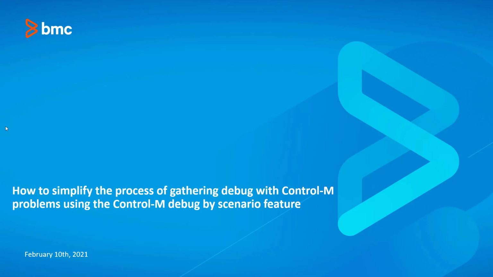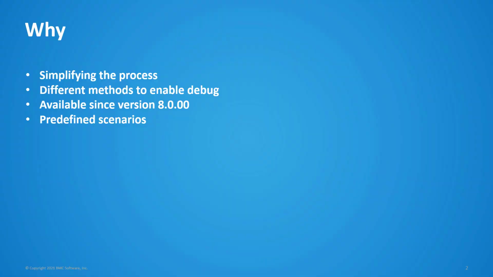In this video, we will review how to simplify the process of gathering debug information in certain scenarios. This will allow us to reduce the resolution time of problems by getting the right data just using the Control-M Configuration Manager in a very straightforward way. The objective of this feature is to simplify the process of retrieving debug and capture the problems within the logs